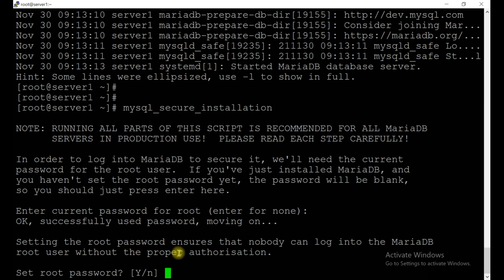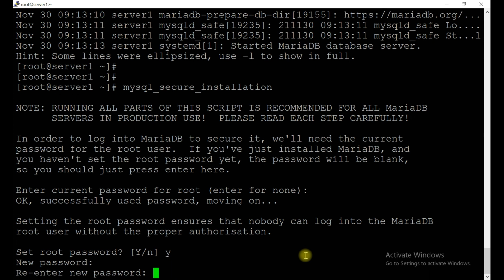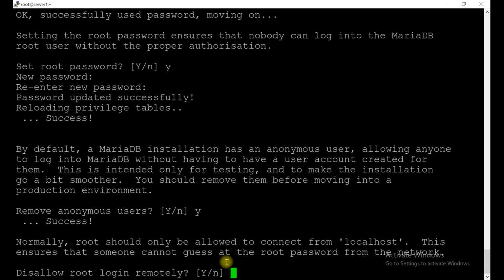Setting up the root password ensures nobody can log in to MariaDB as root without proper authorization. Do you want to set a password? Yes, set the new password. Okay, I have set it. This root password will be different from the system root password. Next is the anonymous user. Anybody can take access through this one, so we should not keep this user, remove it.